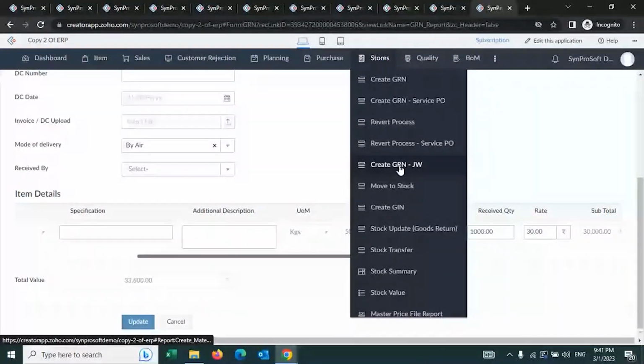You also will be able to create a GRN for job work. What is job work? This is also very common in the manufacturing industry. A lot of times, a manufacturer may or may not be able to do everything at his facility, which means certain functions, certain processes, he may subcontract to another supplier, another manufacturer. So we use the job work module where he can pick the item, send it to the supplier for a particular process to be done there, and then get it back and add it to the stock. That is what your GRN for job work will do.